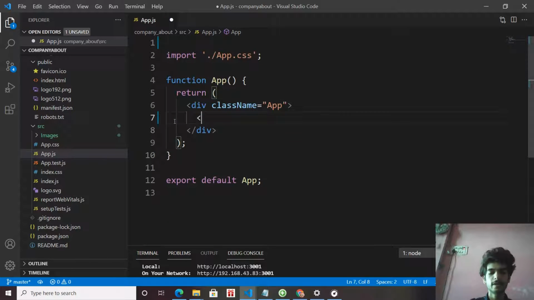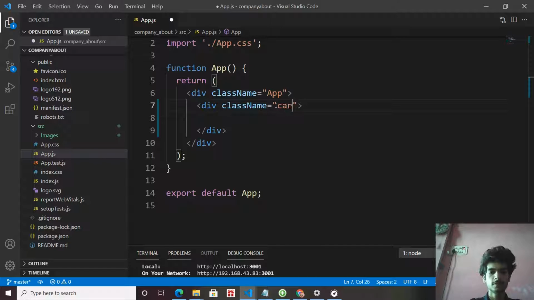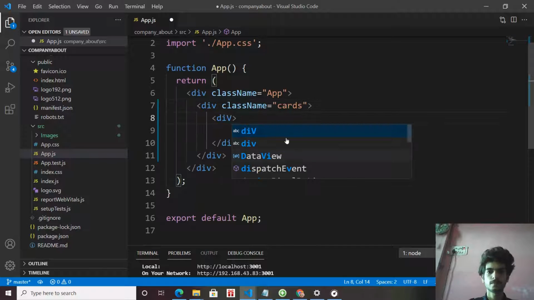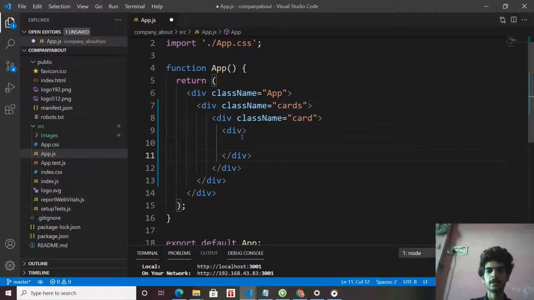First of all, create a div container and give it the class name cards. Inside it, give a div the class name card. In the card we have a div containing our image, so give it the class name image box.